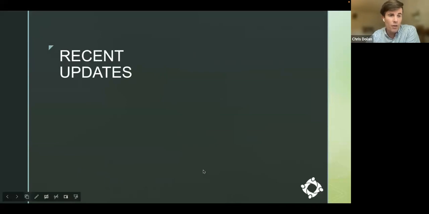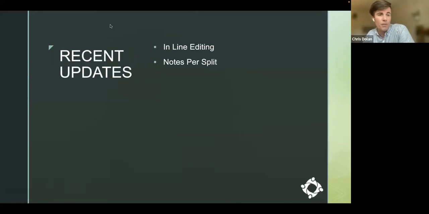Phase 2, which we are really close to wrapping up the work on. Oh, sorry. We have heard your feedback, and we rolled out a number of those changes to phase 1 that you hopefully saw a blog about. I'm not covering all of the changes that are in that blog. There's about 10 or 12 things, but we rolled out some additional changes this week, including the ability to do inline editing, which I'll show you here in a minute, which allows you to do notes per split.